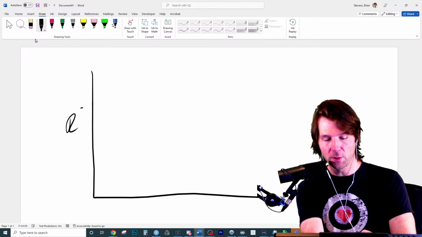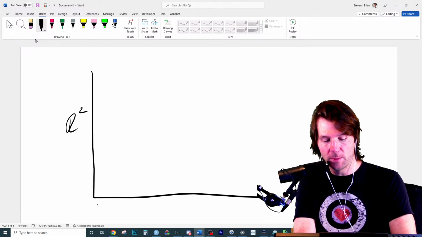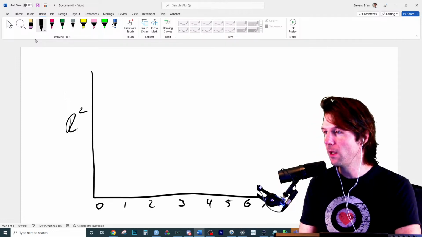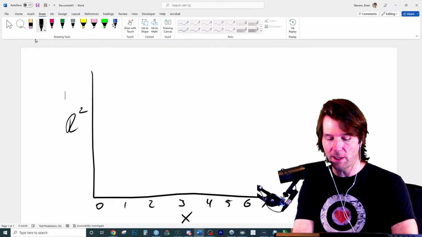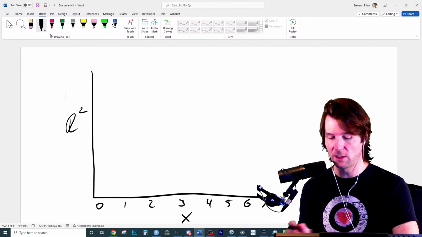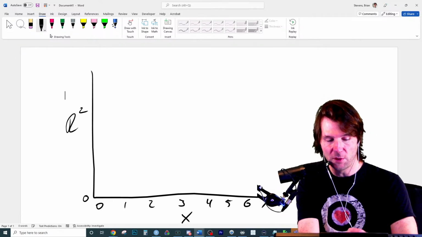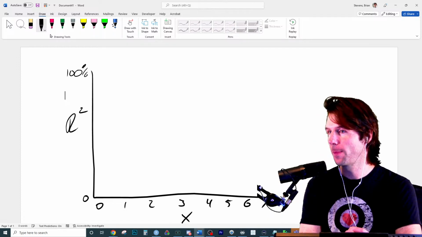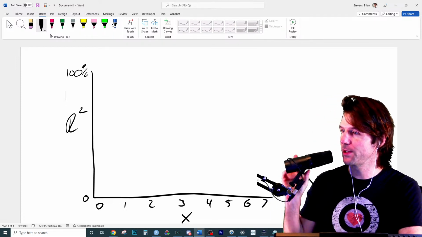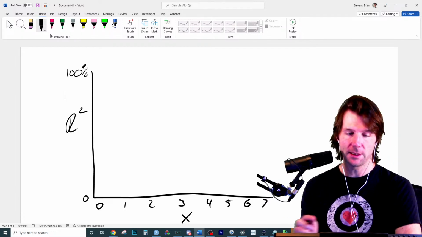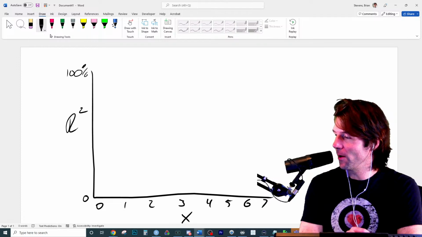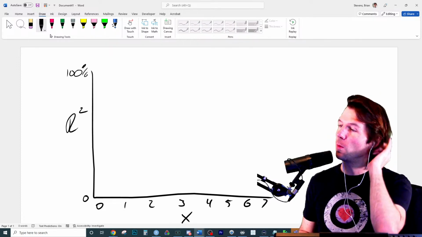If we had an R squared over here, and you go from 0 x's to 1 to 2 to 3 to 4 to 5 to 6 to 7, if you add more x's in your model, R squared will do what? This is like from Stat 201. You can think of R squared from 0 to 1 or 0 to 100%. So R squared will do what if you add more x's? Hey, Evan, good to see you here. What will R squared do?